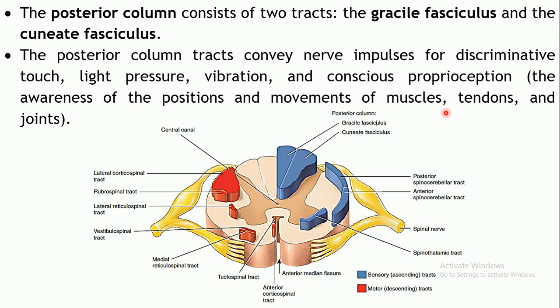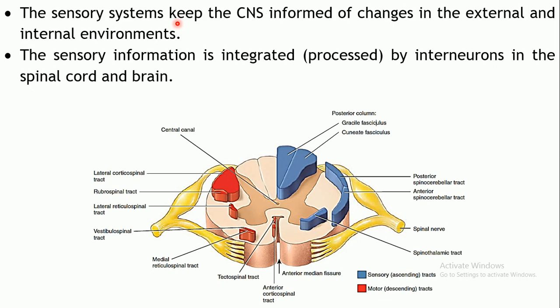That's sensed by the proprioceptors, right? You come to know what your body position is. Even if you close your eyes, you will be able to understand what position you are in, whether you are sitting or lying, or if you make some movements of your hands, you come to know without looking at it. How your joints are, whether they are folded or stretched, you come to know that, right? That's because of this conscious proprioception, which is carried by the posterior columns.